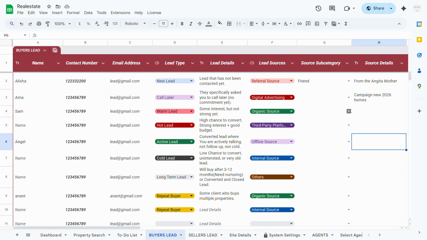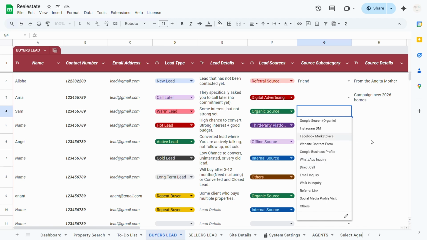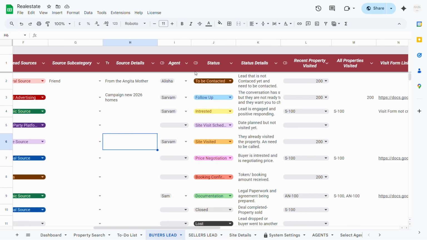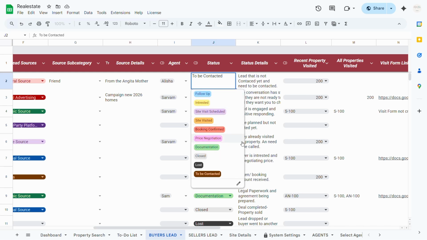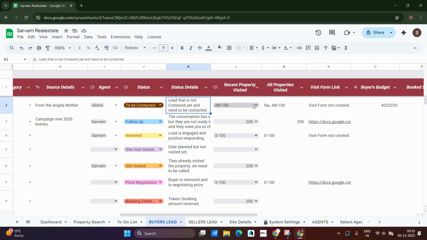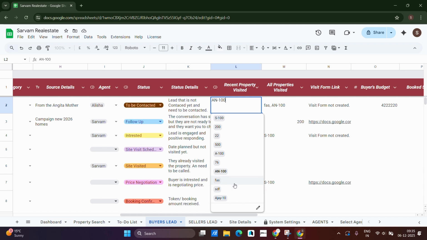Based on these options we have multiple things, and source details, agent type, status too. Like when it's very new you can select to be continued, and later on follow up, interested, site visit schedule, site visit book, booking confirmed, price negotiation, document, closed lost. You have this kind of status, lead details, recent property visit, where you can just select this, like let's say